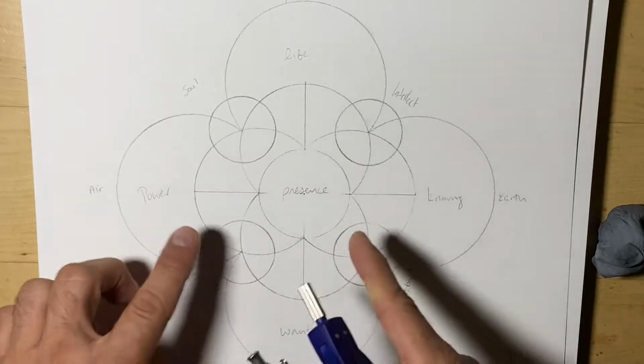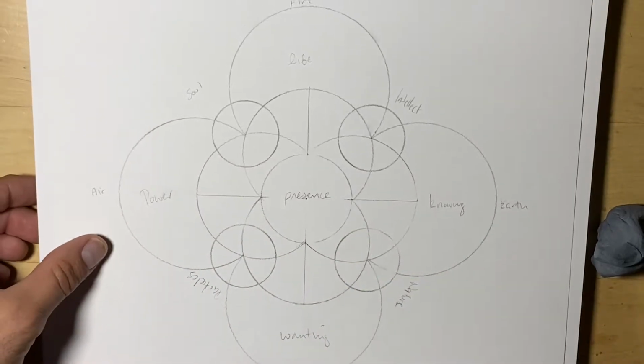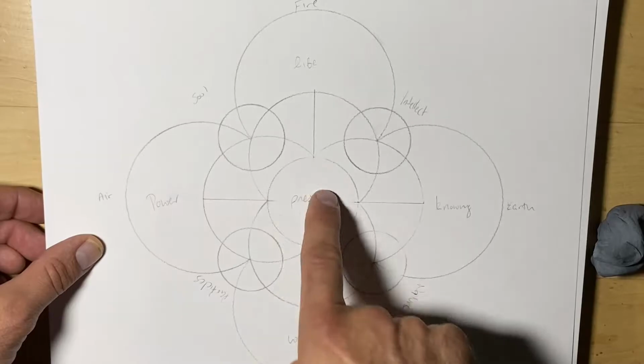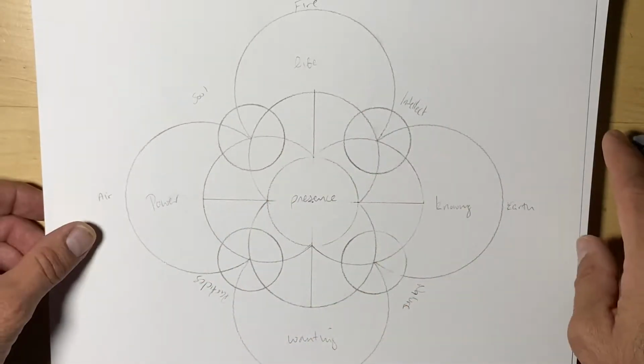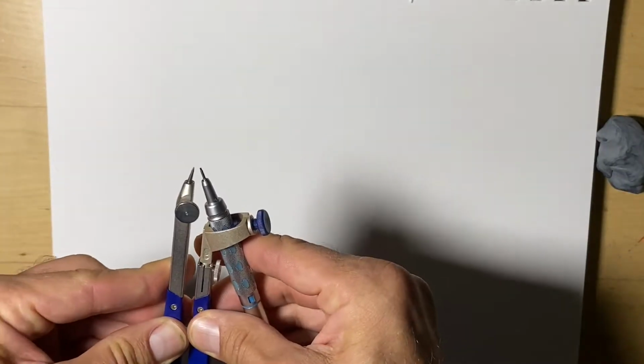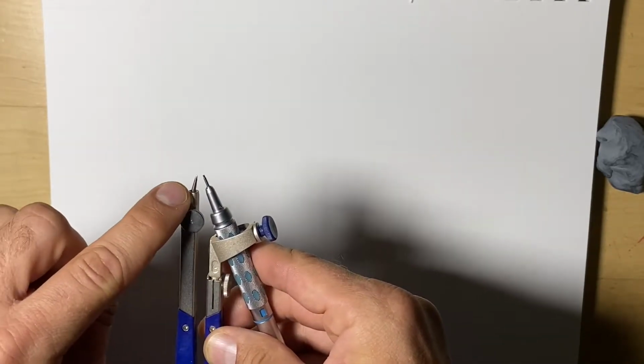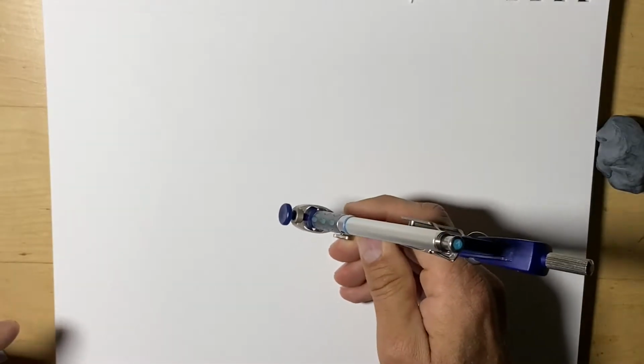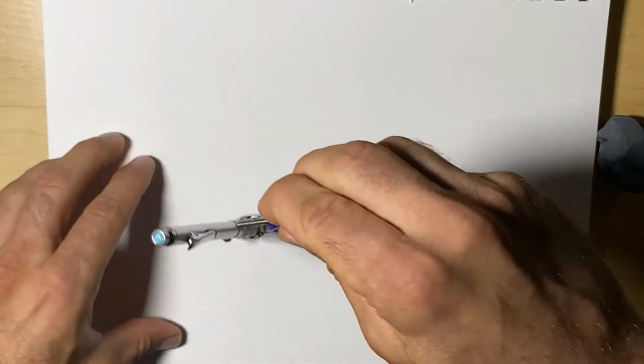So here's an example of the finished diagram, and we'll go over some of the writings, but we want to focus on how to make this design using a compass and a straight edge. So we want to make sure that our compass tip and pencil are the same distance apart, and we also want to make sure that we found the center of your paper so that when doing your construction it fits and is even or centered. So we start off with a circle in the center,